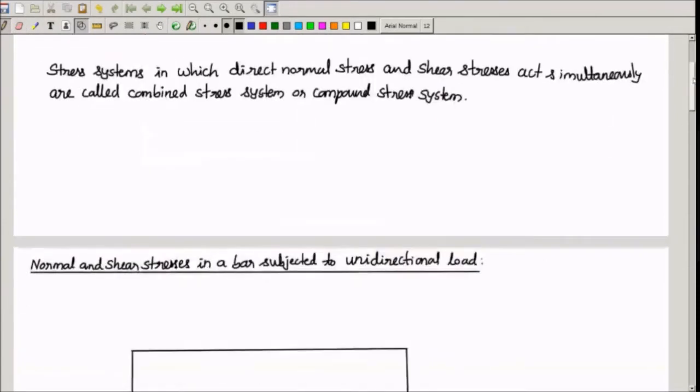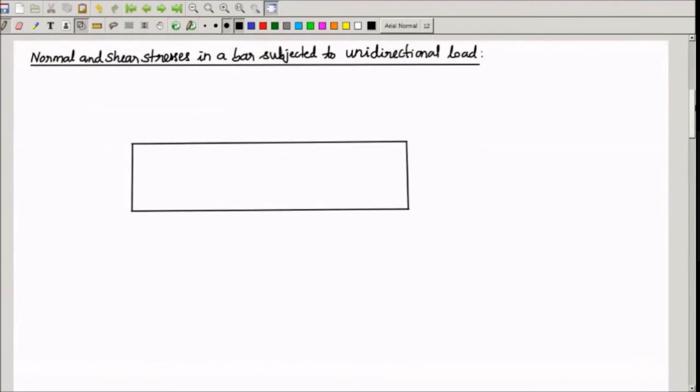Next, we will see there is a compound stress system in a unidirectional load itself. We already know that if this bar is subjected to load P, at any section, I will take a section here, and this section has cross-section area A. Normal to direction P, the area is measured as A. And we know that stress is uniform on this. The normal stress we calculate here is sigma is equal to P by A. That we already know.